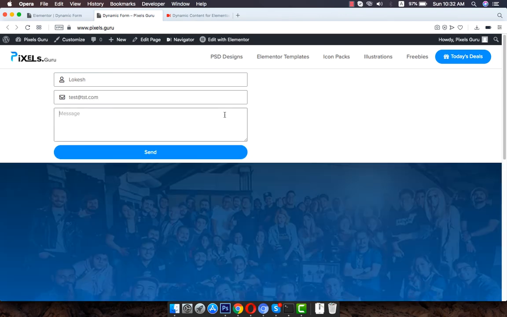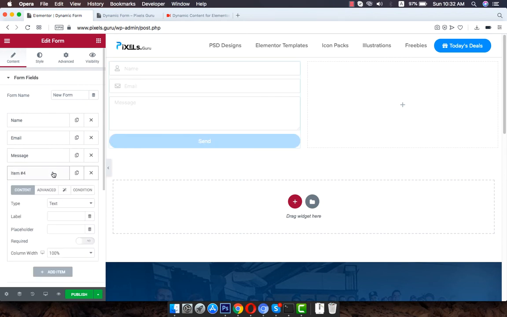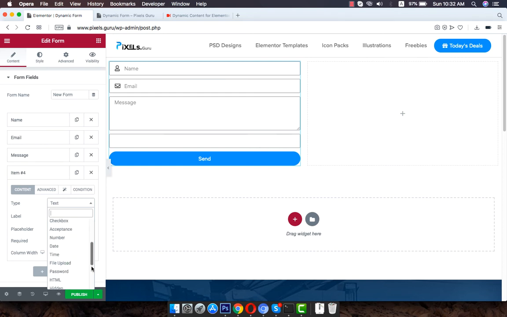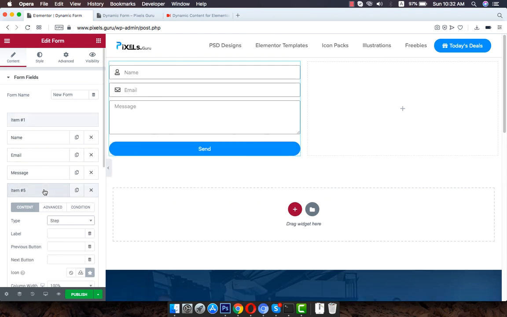Good. So this is how the conditional fields work. Now I want to make it a step form, so I have to do nothing, just add a label here and make it a step. And here it is. It's good to go.